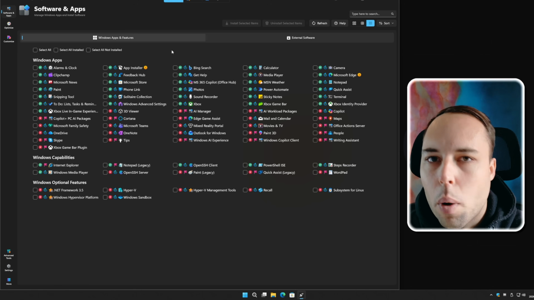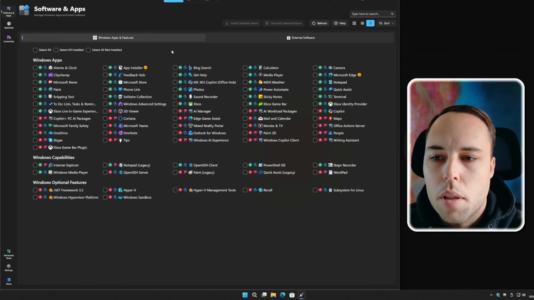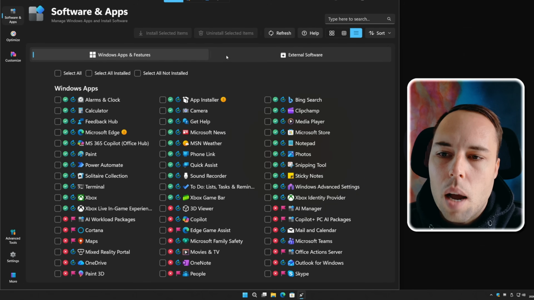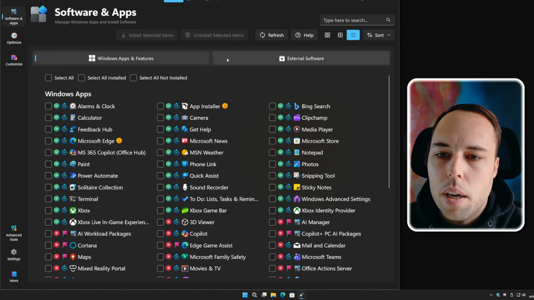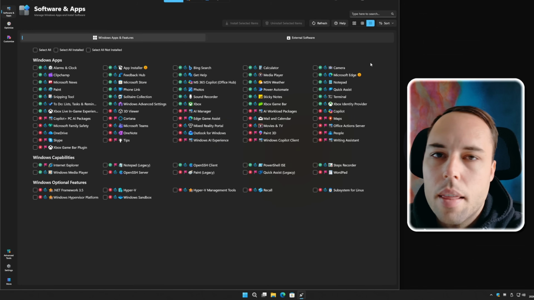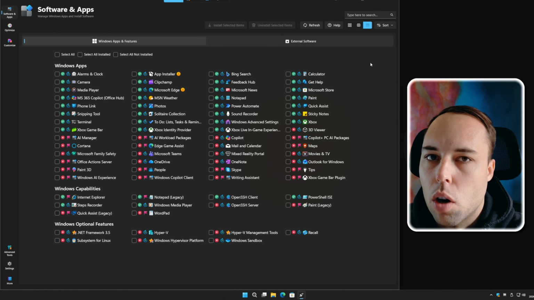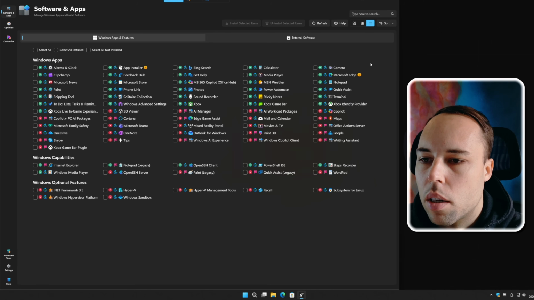Then there are a few quality of life improvements, and I'm going to go through them really quick. If you hold down left control on the keyboard and you scroll up or down, you'll now zoom in or out on the Winhance UI. And the same works with control and plus or control and minus on the keyboard, but not on the numpad. It has to be on the keyboard itself.